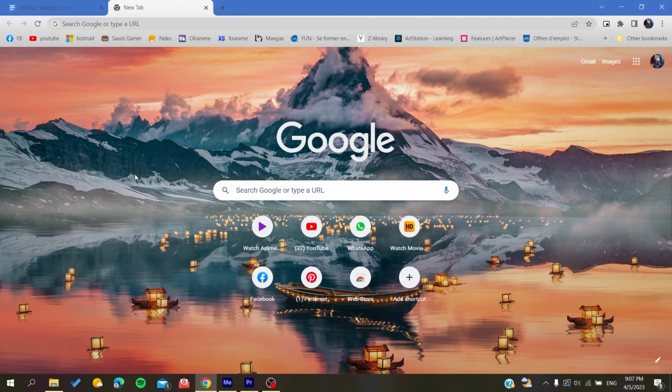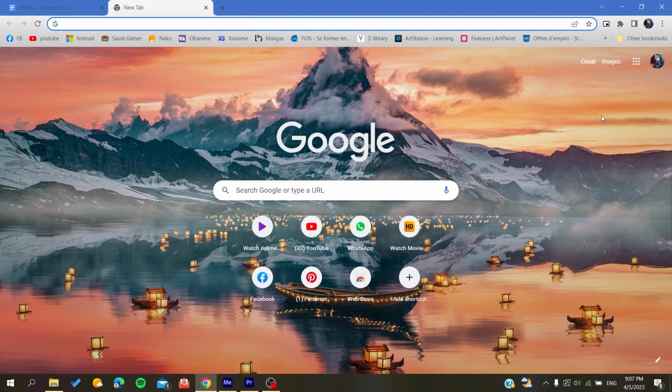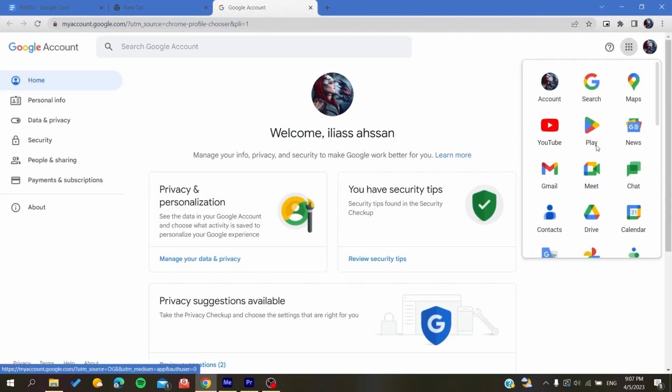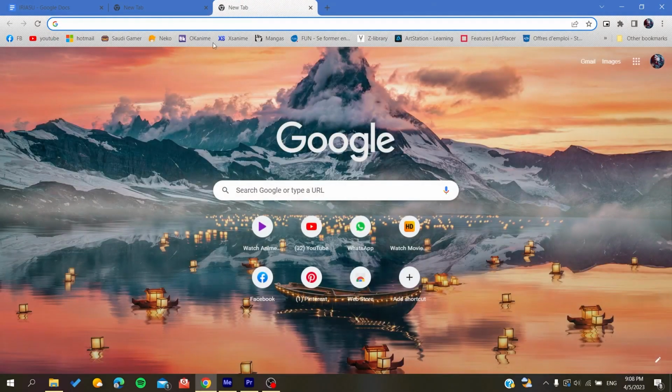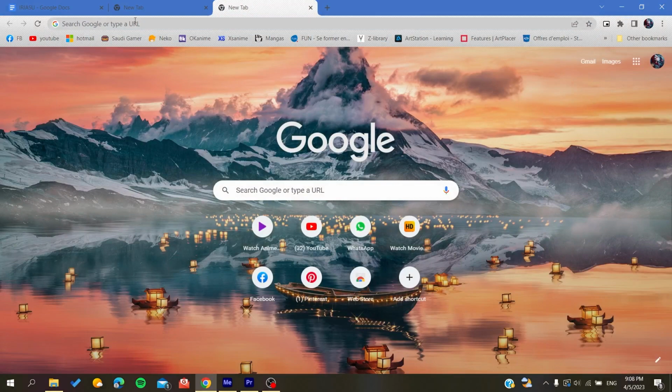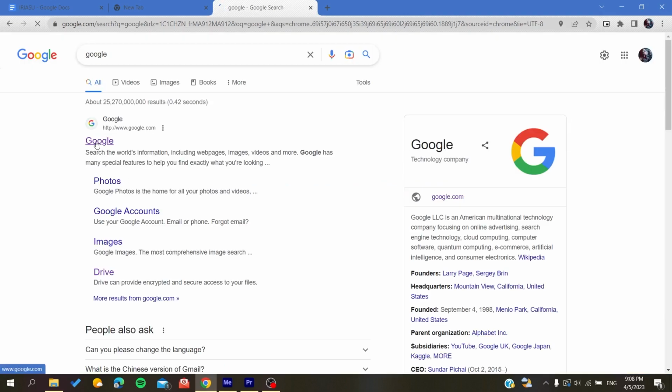So the first thing that you will need to do is to open your internet browser, and then you will search for Google. If you're already using Google Chrome, you will find your profile picture here, and then you can go to your Google account, or you can search for the Google account here, and you can search for your apps and you will find the calendar. Otherwise, if you are using other browsers, you can just go to Google and search for Google, either the Gmail or any Google app, and